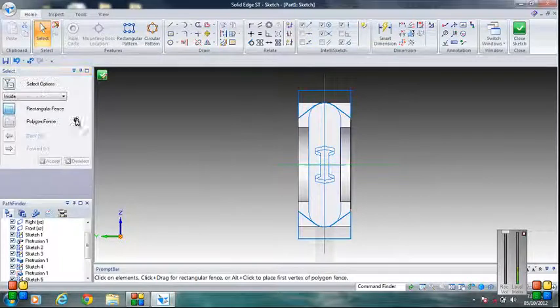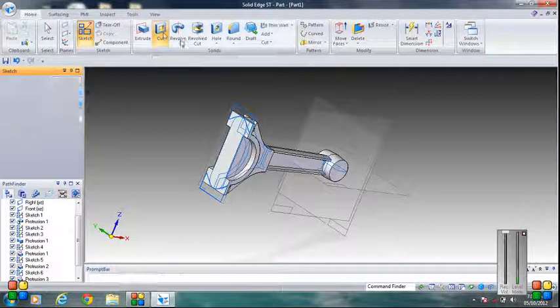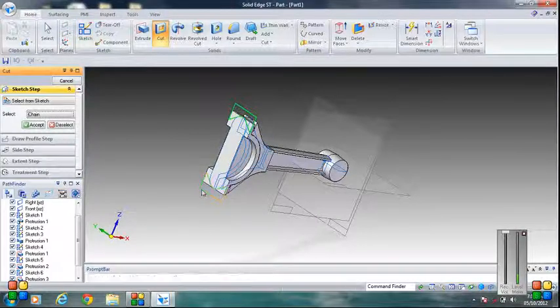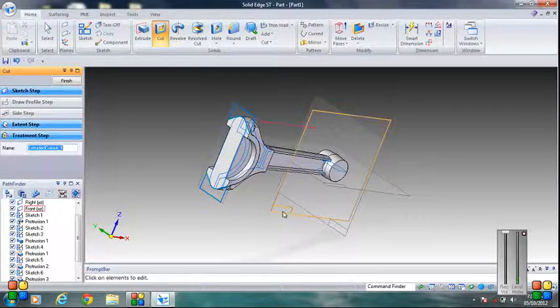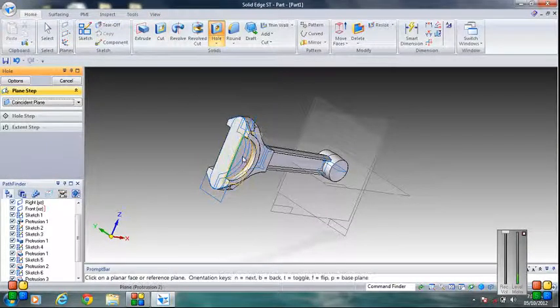Then go to select, delete this line, then close sketch, then go to cutout, click on this and click on this, cutout. So now you got the outer curve. Okay, now I want to go for a hole, click on hole, click on this plane.